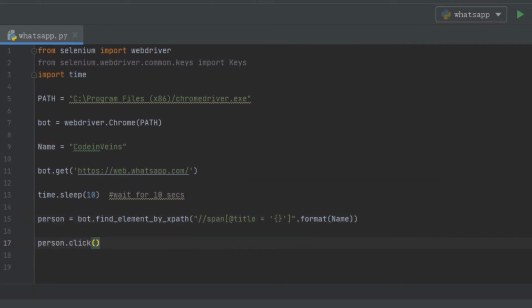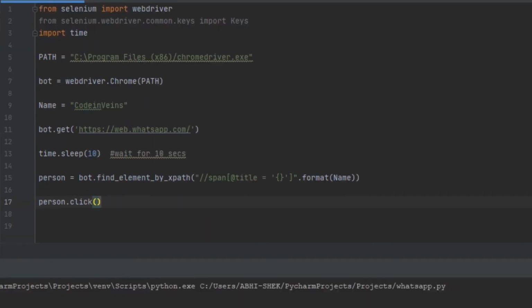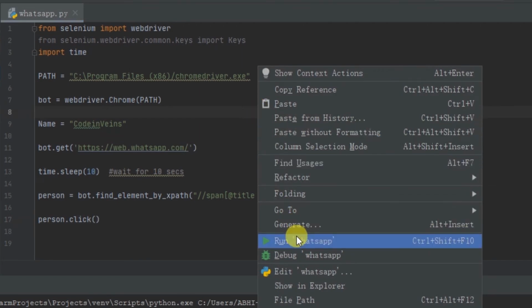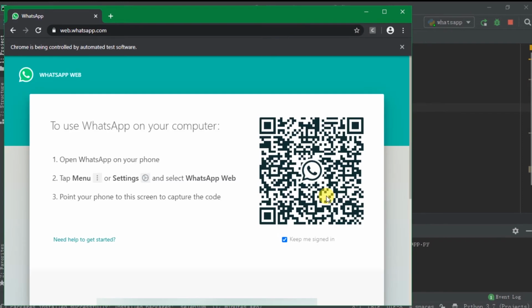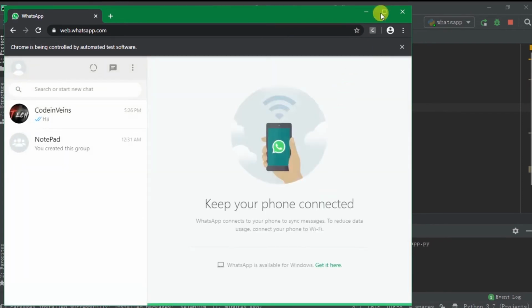After a program has found that person, we also need to click it. So we will use .click function to do this. So let's run what we have done till now. Till now everything is perfect.